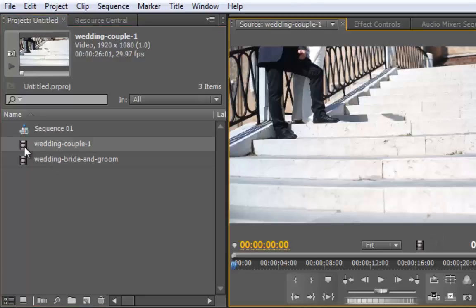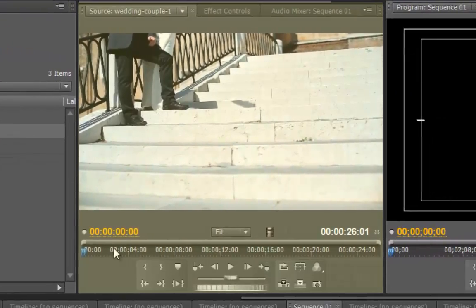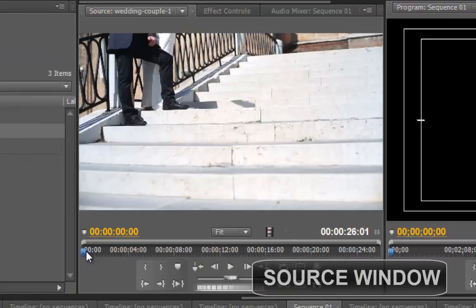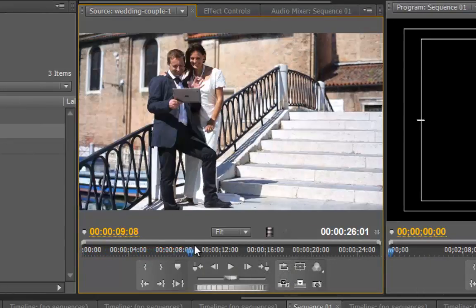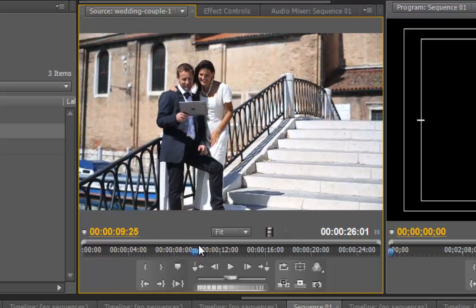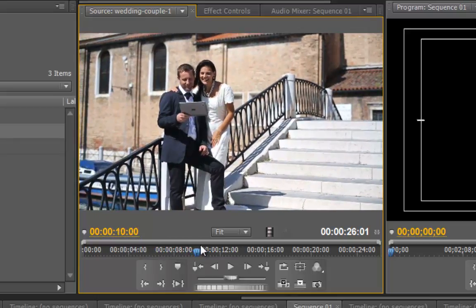When you double click on a file, you'll be able to view it in the source window. The source window allows you to preview the raw files that you have imported into Premiere. You can use the cursor to skim through the clip. This is the window where we will pick out the part of our clips that we would like to use